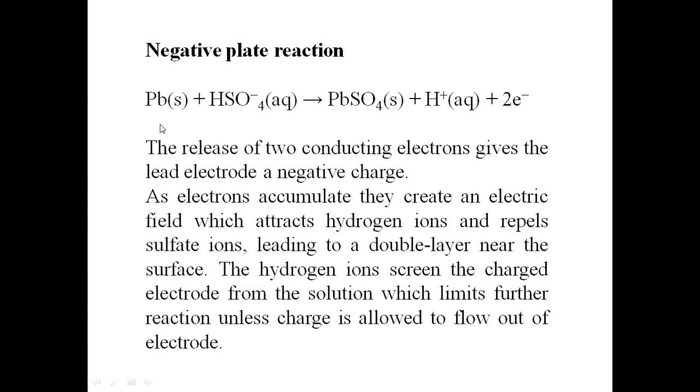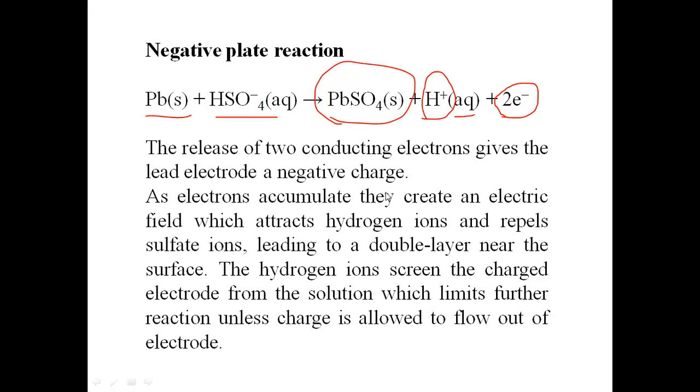Let us look at the chemical equations. At the negative plate, that is the anode, the lead reacts with HSO4 ion to create lead sulfate. This lead sulfate is spongy in character, in texture. That is why it is also called spongy lead. Plus, it gives an H plus ion, that is a proton. Remember, this is not a hydrogen gas. It is the ionic form of hydrogen and it remains in the aqueous solution as ion, and it liberates 2